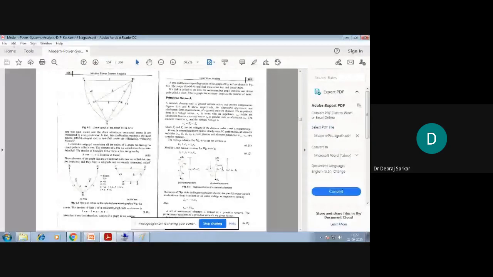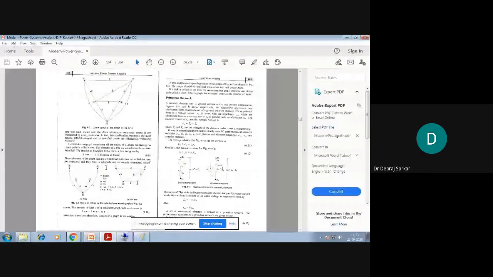Okay. So now this graph is divided into two parts. One is called the tree, and one is called the co-tree. Now what is the tree? A tree is a subgraph. It's a part of a graph that shows all the connections between the nodes, but there is no closed loop. So you can see this is the tree formation. You see 1, 3, 4 all are connected, but you cannot find any closed loop.